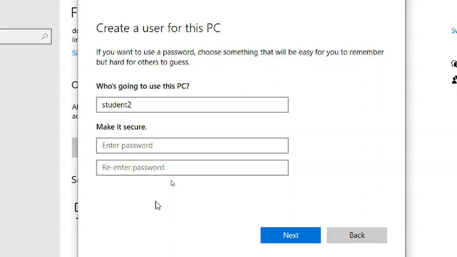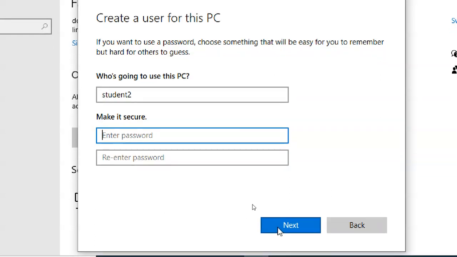The first user is administrator, compulsory, and I need a password for that one. Student 2 is like a standard user, a normal user. So it is your wish to give a password or not. If you want to give a small password, a normal password only, like admin at the rate 123 kind of stuff. So a regular password only, otherwise leave it, no problem. Okay.